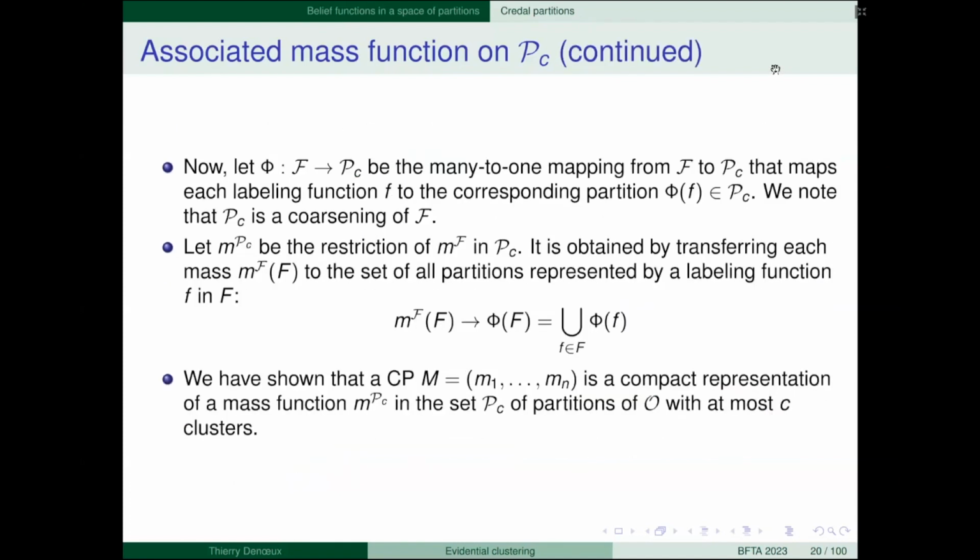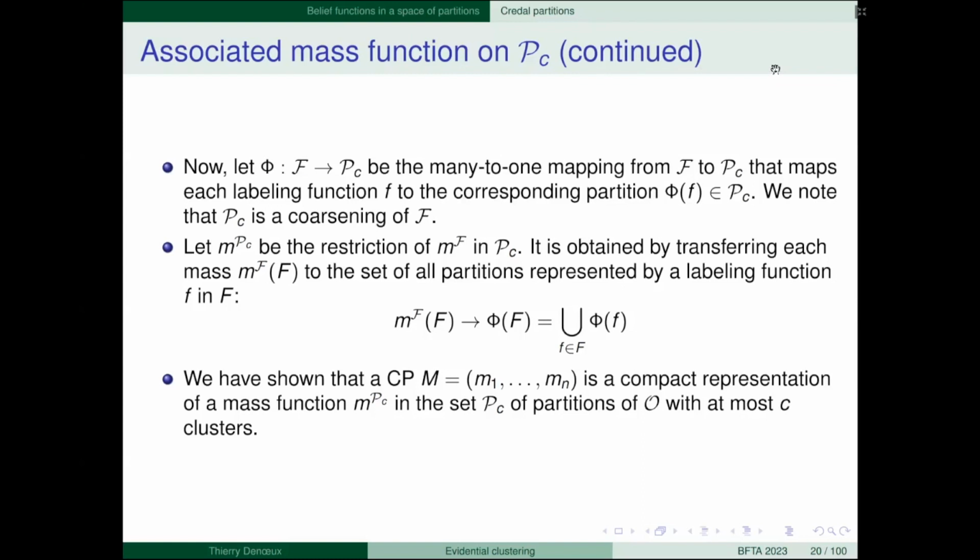So now there is a mapping, okay, for each labeling function corresponds to a partition in at most C clusters, okay? For instance, this labeling function here corresponds to a partition where these two objects are in the same group because they are assigned cluster 1. This one is alone in this group, and these two are in a third group. Okay, so you see that given a labeling function, we can define the partition.